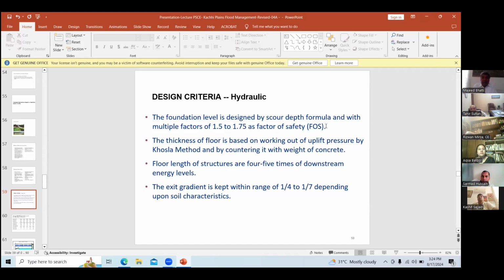And similarly, we have adopted the same standard of freeboard for all the protection work of embankment, that is 5 to 7 feet freeboard from the water level. So you can see this is our exact gradient, how it was kept, and floor length. Every hydraulic engineer knows that.